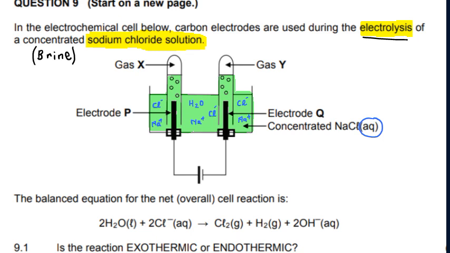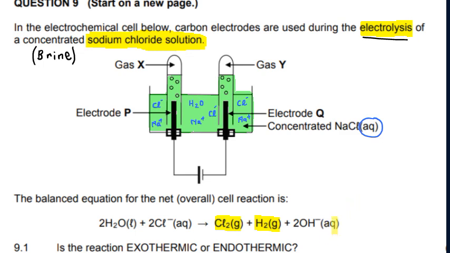So they further give us that the balanced equation for the net overall cell reaction occurring over here. There's the liquid water, plus Cl minus in solution, giving you, there we go, one of the gases. We're just going to have to identify where it is: is it gas X or gas Y? We've got some chlorine gas, and we also have some hydrogen gas. And then you have